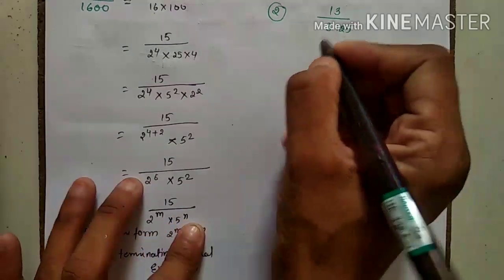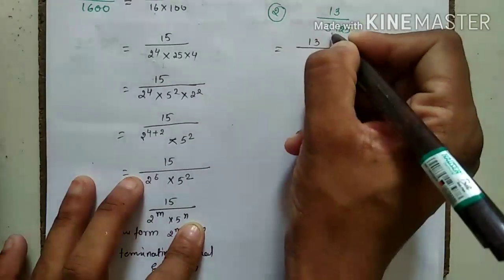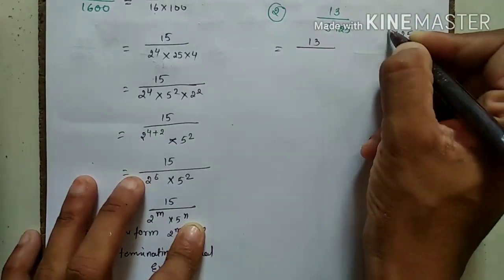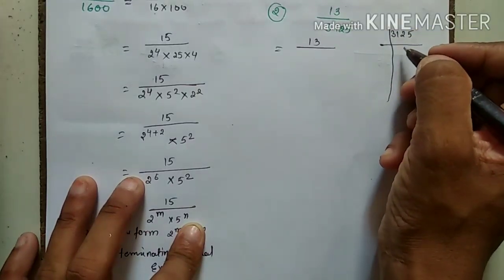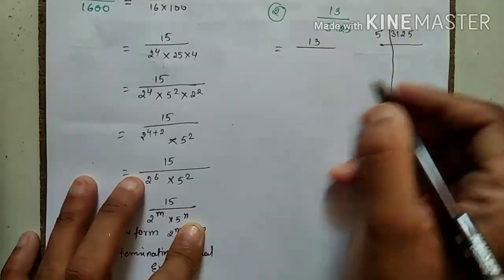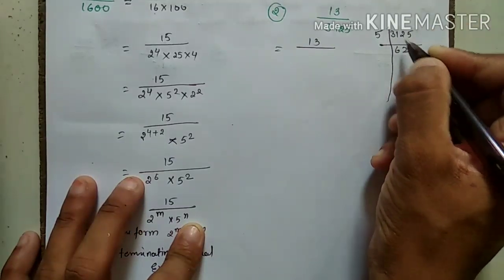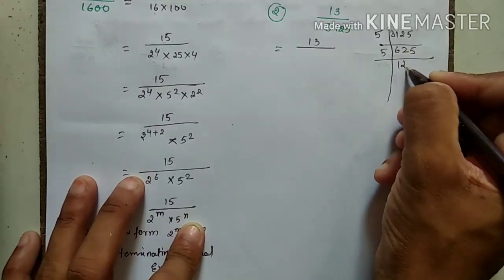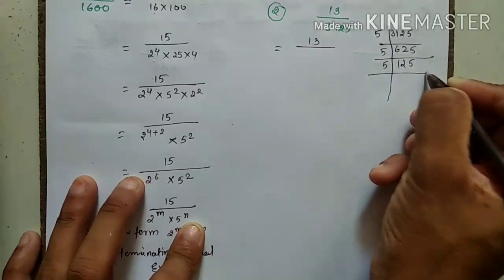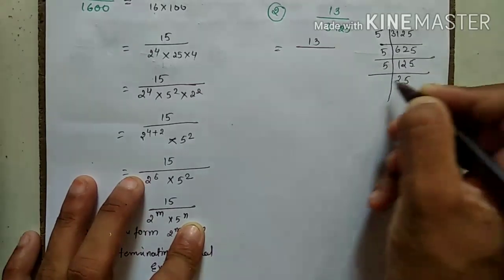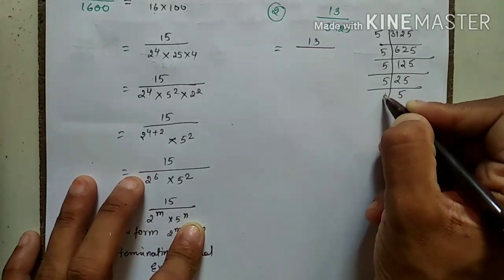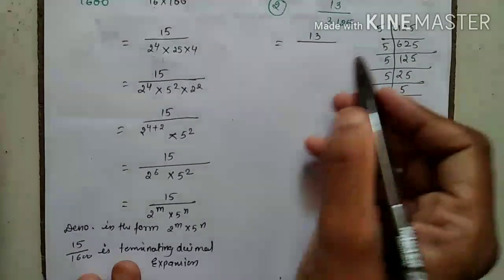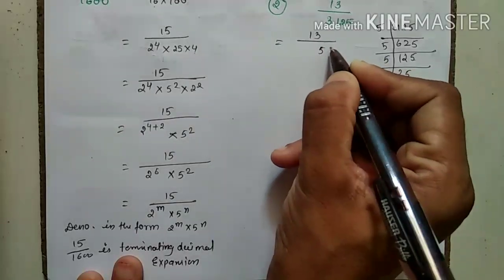Again I am doing the same thing, factors. First I am writing as it is, 13 by this 3125. If you are not getting it directly, just do this process. 3125, yeah, like this. Correct or not? How will you do this? Ending with the 5. So 5 1s are 5, 5 2s are 10, 1 carries, 5 1s are 5, 1 carries, 5 2s are 10, 2 carries, 5 5s are 25. You can understand this, and as you know, I am getting 1 2 3 4 5. So 5 to the power 5 I am getting.